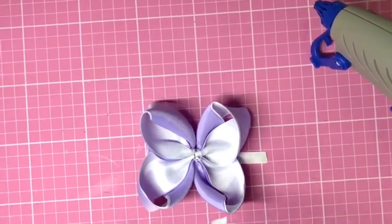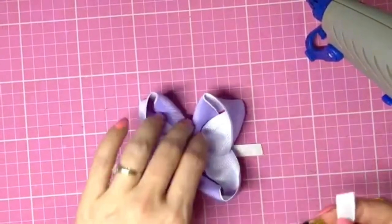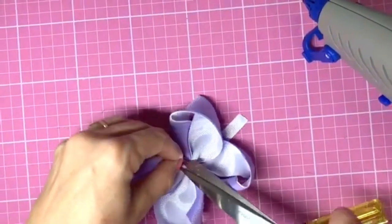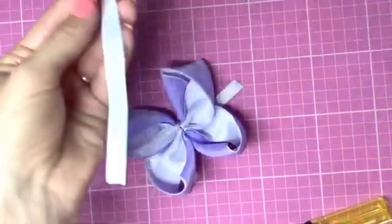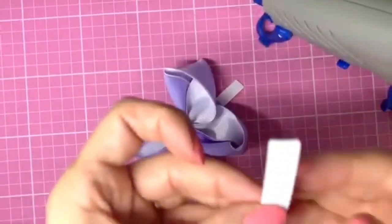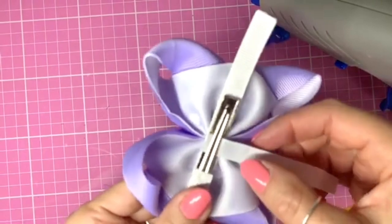And now taking another piece of that 1 centimetre wide ribbon, I'm just using white to line my clip and around the centre. So we're going to just wrap the centre now with this bow. Just cut that little bit of hangy thread off. And then I've heat sealed the end of this piece of ribbon with my lighter. I'm just going to pop a little bit of glue on the end, lay it under the clip centrally to the hair bow,